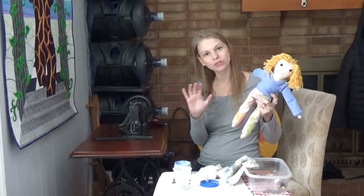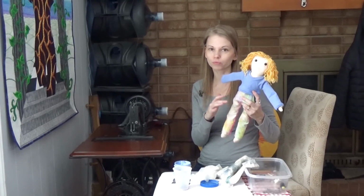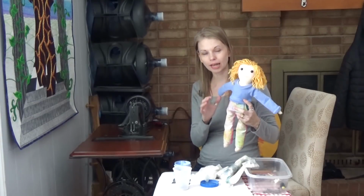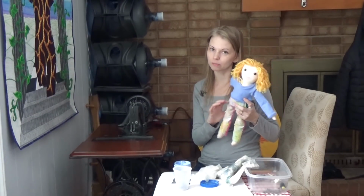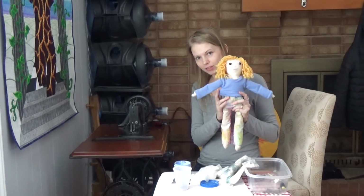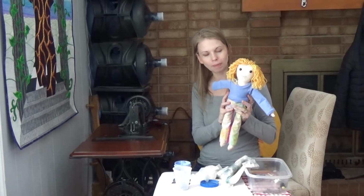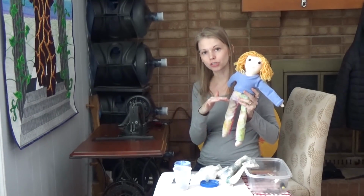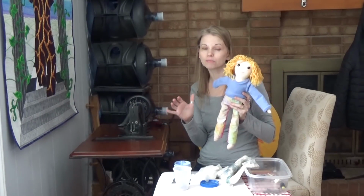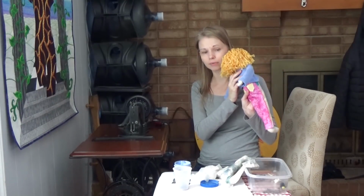So I wanted to play with different materials, and I think that this is really good. It's one thing if we all work with quilting cotton all the time, but there are a lot of other types of fabrics out there, and it's really good to be able to use a wider range than just quilting cottons. So I made Mally's shirt out of a stretchy knit fabric, and I'm probably going to do the pattern where I'll offer the shirt in the stretchy knit fabric so you can try the knits, and then you can also do the same shirt, but it will have probably a button or